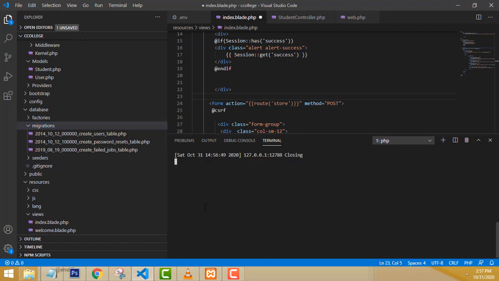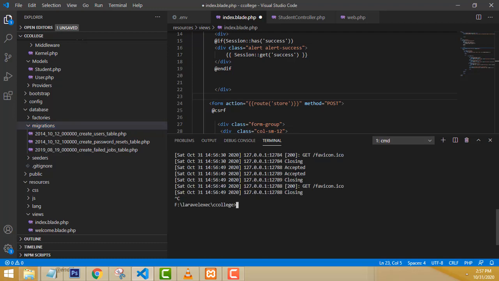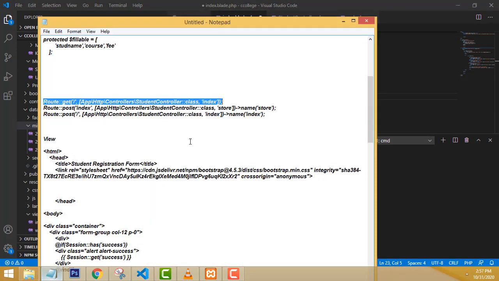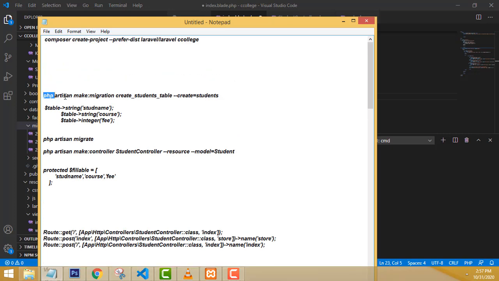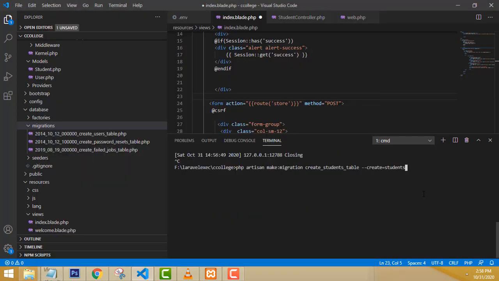So here, Control C, we have to close this one. Here you have to write the code to create the database table. You write the simple code: php artisan make:migration create_students_table --create=students. So Control C to copy this simple code, Control V to paste here, and press the enter key.